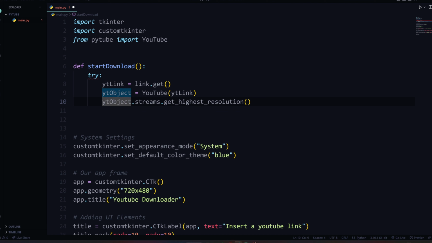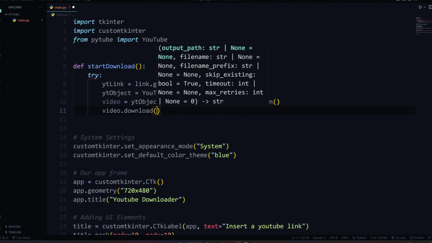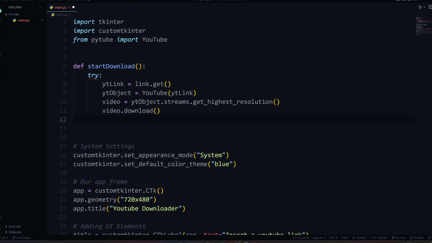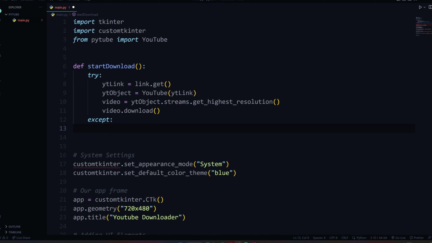Let's call this video, right? Is equal to YouTube object streams the highest resolution. Perfect. Okay, so we got that, which is perfect. And what else we're gonna do is try to download it. So the way you do that is say video.download, and that's it. That's pretty much it. And then here we can say except. So if we have an error,